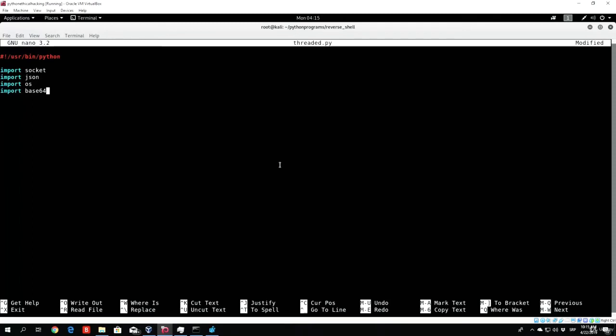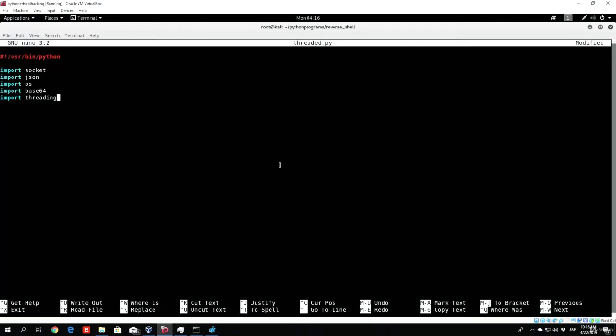And one last thing, but the most important thing for this project, right after socket, is the threading library. We cannot create the actual threaded server if we do not import the threading library, which will allow us to do that. So first of all, we will start by coding the simple socket connection now,